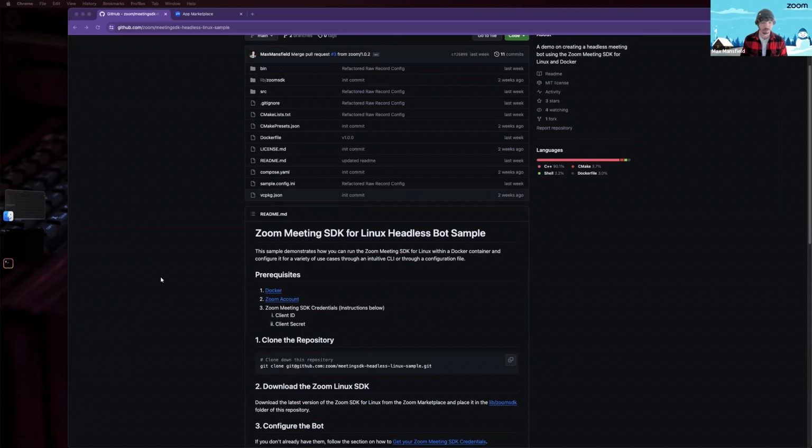Looking at the prerequisites for this README, we can see that we need Docker installed as well as a Zoom account that's able to create a Zoom Meeting SDK app. Once we're positive that we have those, we can go ahead and move on to step one, which is to